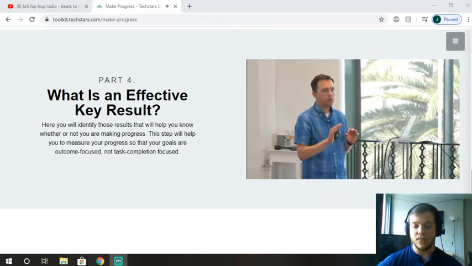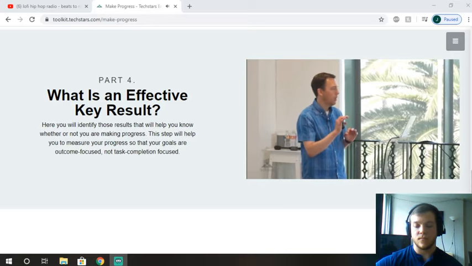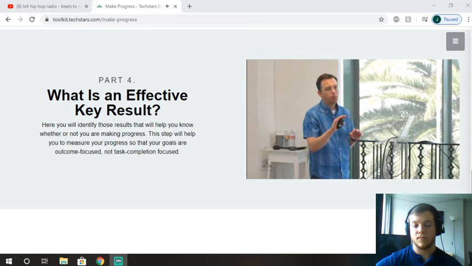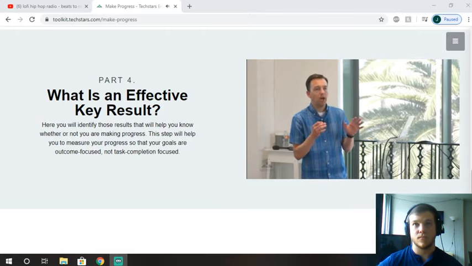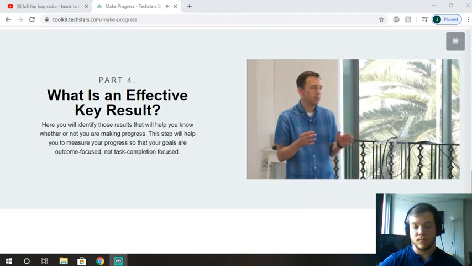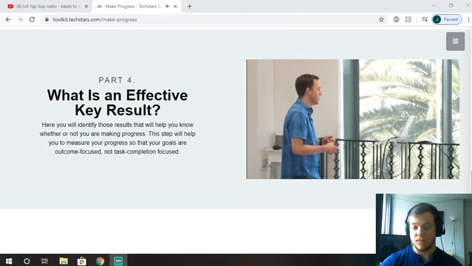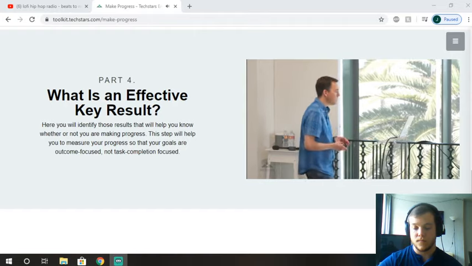There are ways to set key results that are qualitative, meaning we want 7 positive stories to come out of our user base. So that's a blend of those two. The positive is a judgment call. That's the qualitative side of it. So those are perfectly acceptable.